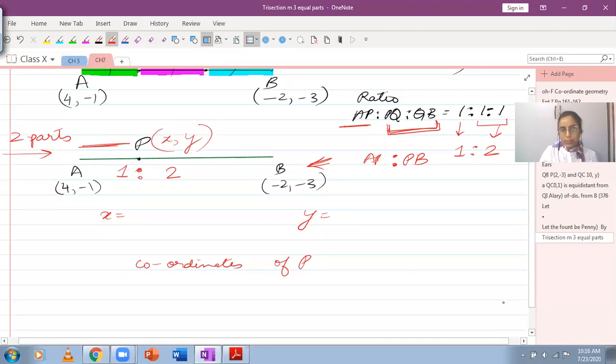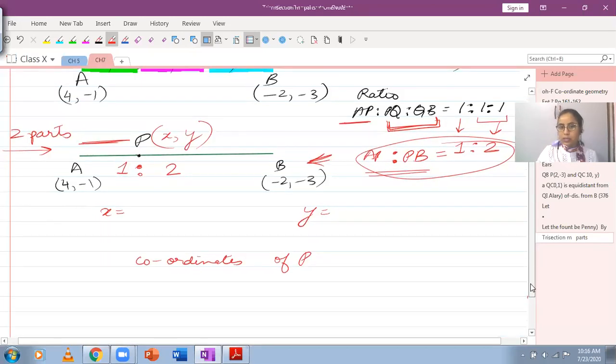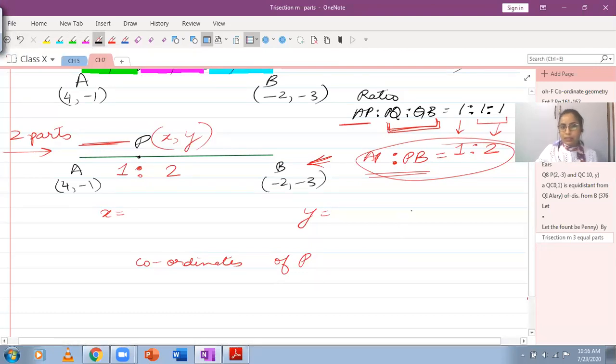Because हमारे पास जो section formula है, it does not work for three parts, it works for two parts. हमने क्या किया? हमने अपने line segment के जो दो trisection वाले points थे, उनमें से एक को ignore कर दिया. And when we ignored one point, the new ratio that we have is AP and PB, and the ratio is 1:2. Now we're going to use this ratio to find the coordinates of the point that we have shown on the line segment. And for this, we are going to use the section formula. So let's just apply the section formula here and find the answer.